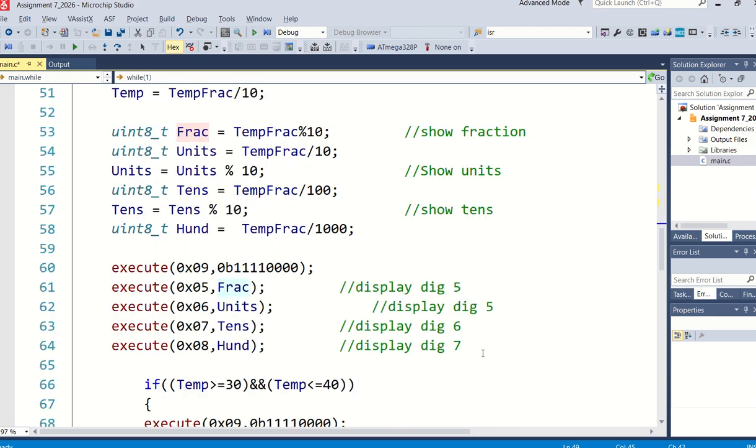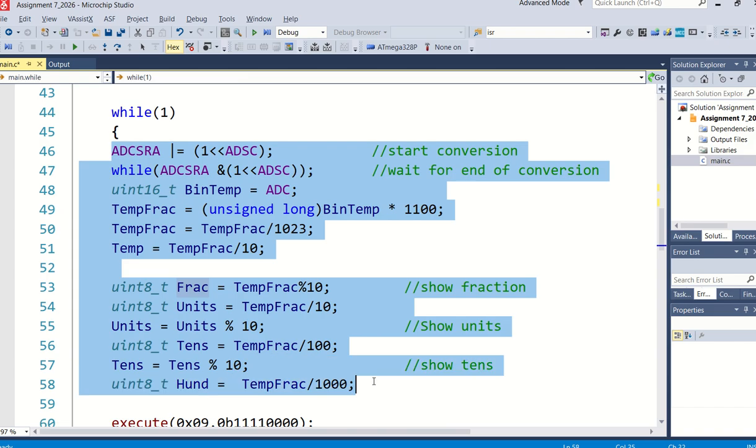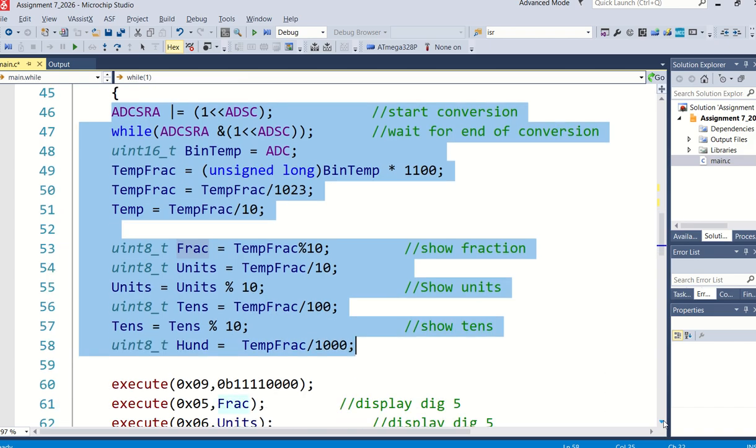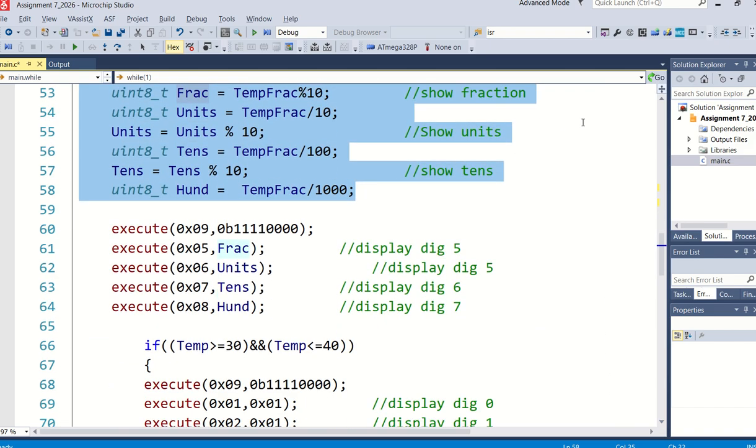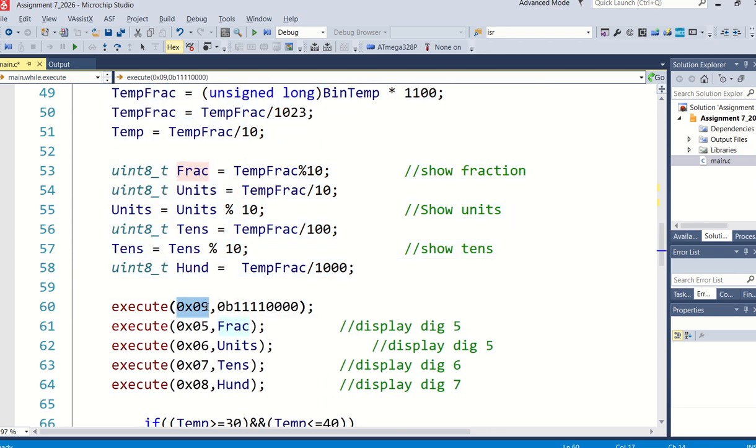And then what I did on my display is, as you can see, I've done that directly after the while one. So after the while one, it's going to read the temperature and display the temperature. And how is it going to display the temperature? Well, as you can see with this execute command, this specific 09 tells us where you see a 1, that's going to be a normal decimal value. In other words, that decoding is used.